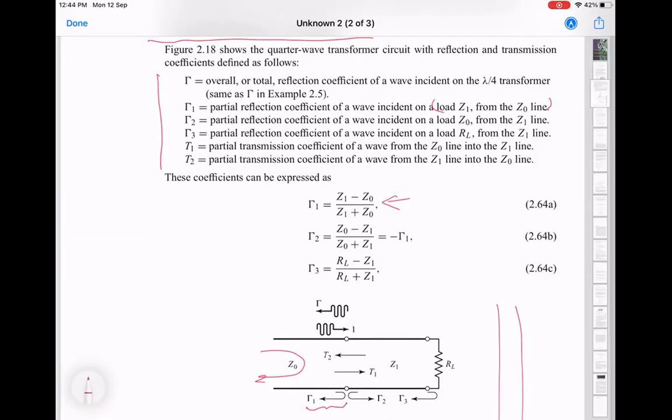Then you have gamma 2, which is the reflection coefficient coming in the other direction. If the wave was propagating from right to left, then you have the opposite situation, where you start at Z1 and you're going into Z0. But that will just be the negative of that one, since Z1 and Z0 simply interchange positions. So gamma 2 is minus gamma 1. Finally, you have gamma 3, which tells you the impedance mismatch between Z1 and RL. That's just, and since RL is the load,